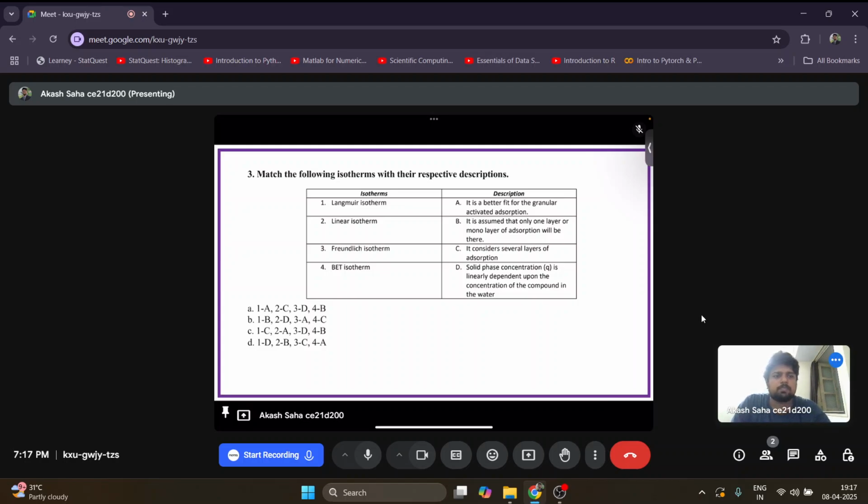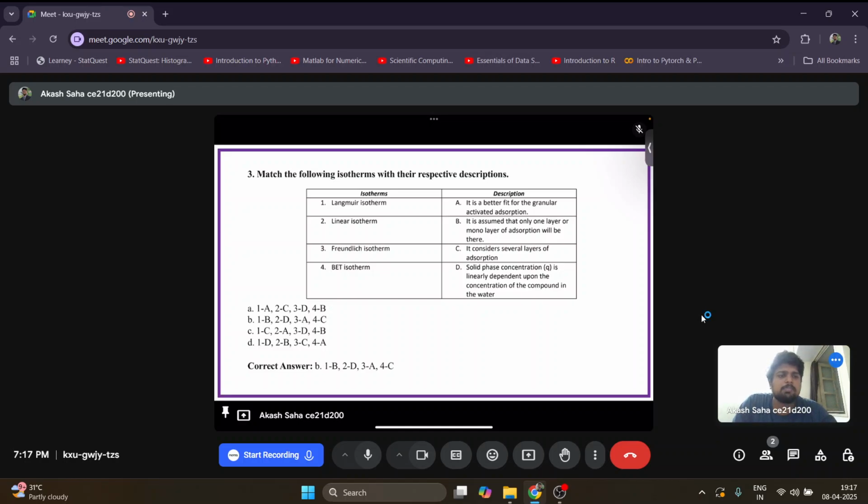Okay, I hope you have decided on the answer. So let's see the correct answer. So the correct answer is B. Okay, so if we see B, first if we start with the Langmuir isotherm, it is generally